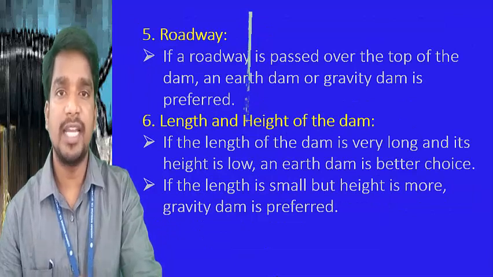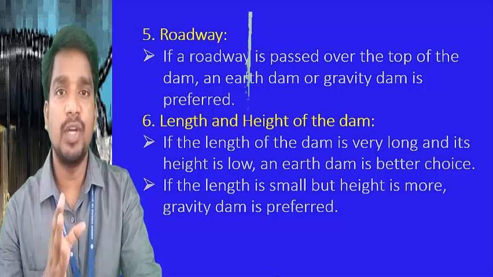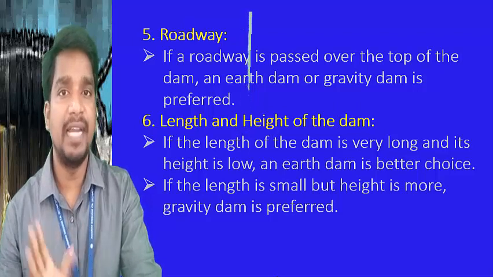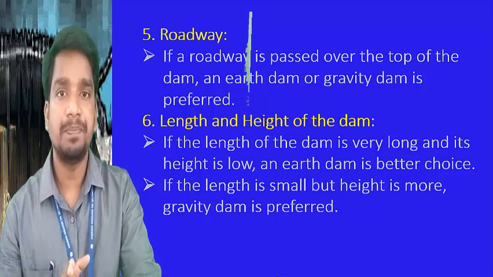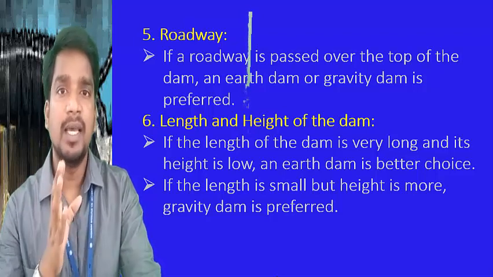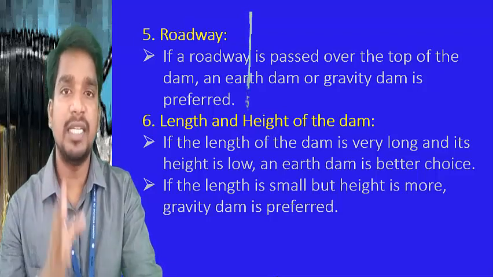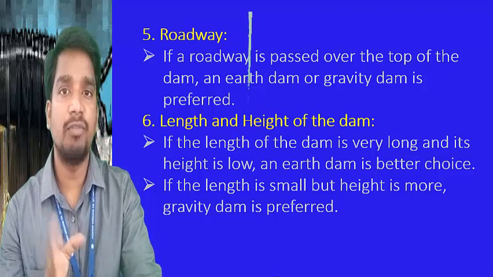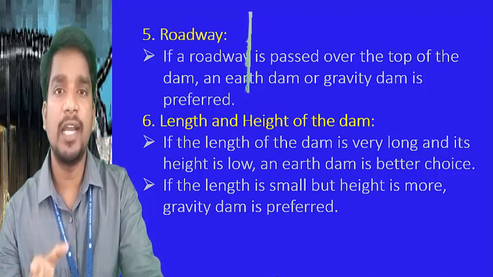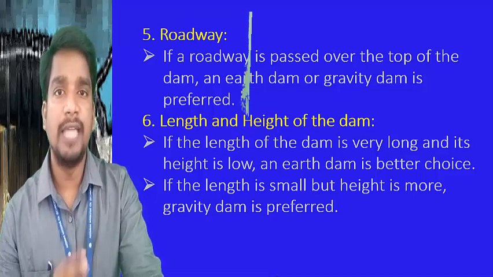Okay. Now moving on to the next point, roadway. If you want to construct a roadway, it is clear that you should prefer either an earth dam or a concrete gravity dam. That is the only option for forming a roadway on top of the dam. In the remaining cases it is possible, but from the safety point of view as well as material consumption, it takes very huge quantities of material. The best suitable ones are an earth dam and a concrete gravity dam for road formation on top of the dams.